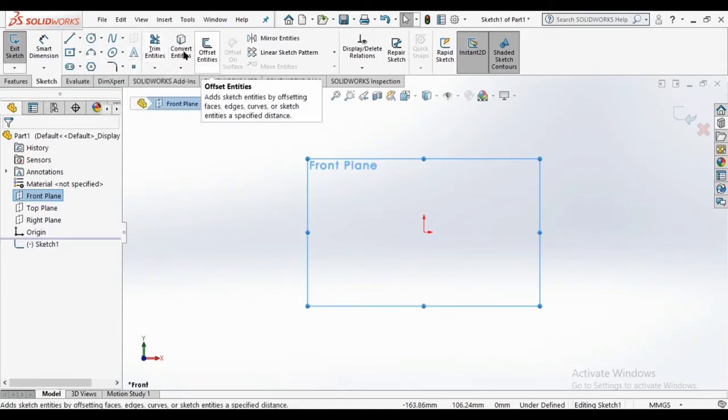Also this command, as in the previous lecture I used this command. When you extrude something and you want to sketch on that extruded part, you have to convert that part by using the convert entities feature. And also trim entities and offset entities, I will show you what is the use of these. Let me draw a sketch.